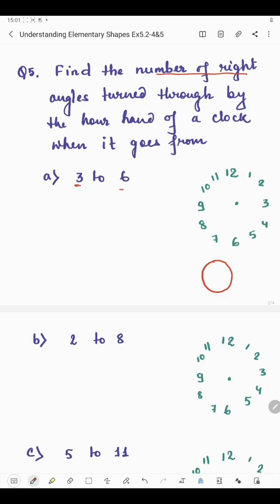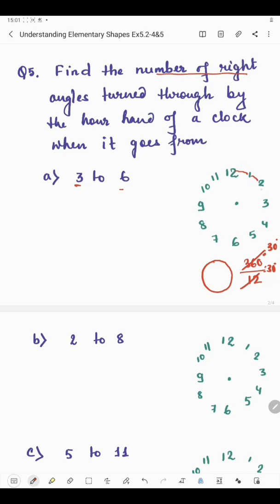So if the hour hand moved from 12 to 1, what degree does it make? Since the complete whole is 360 degrees and there are 12 parts, 12 threes are 36 and one 0, so it means 30 degrees. So if the hour hand moved from 12 to 1, that means it is one part, right? And it makes 30 degrees.